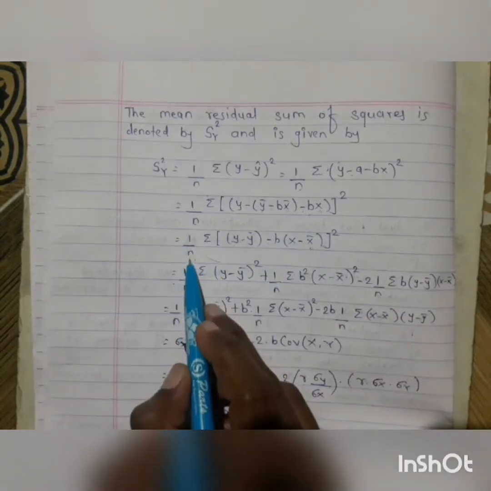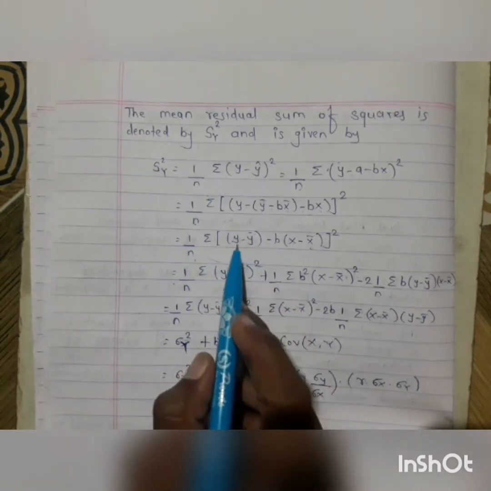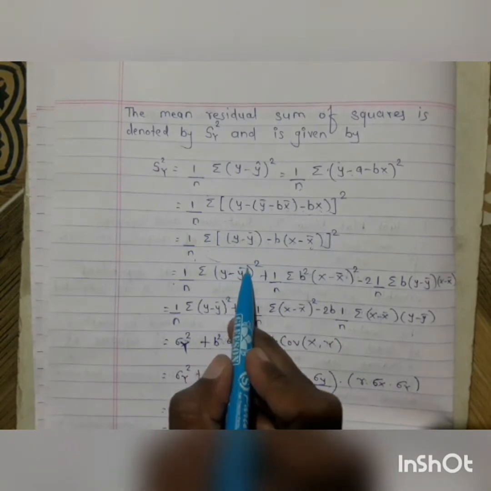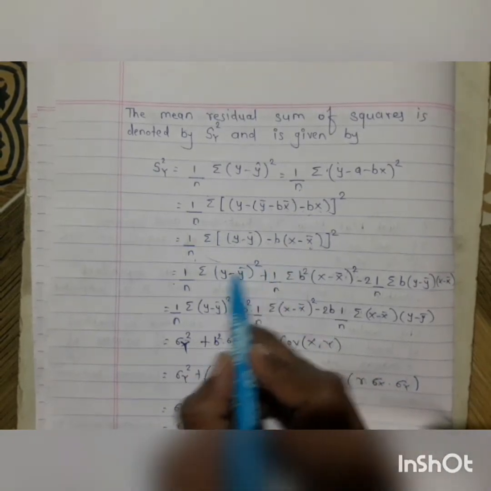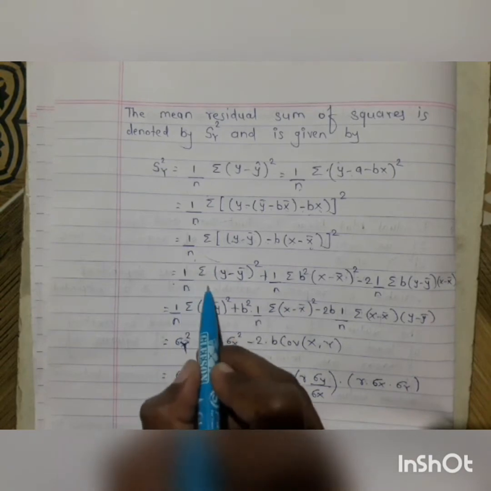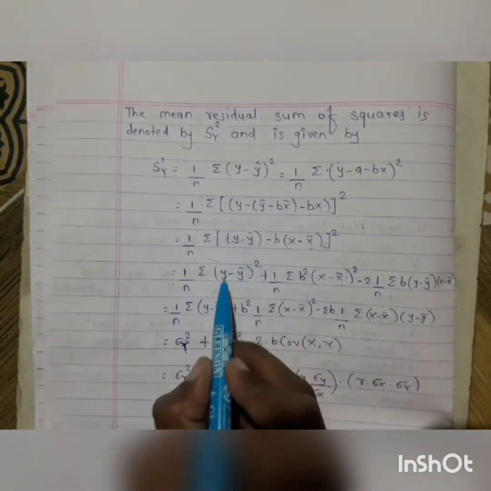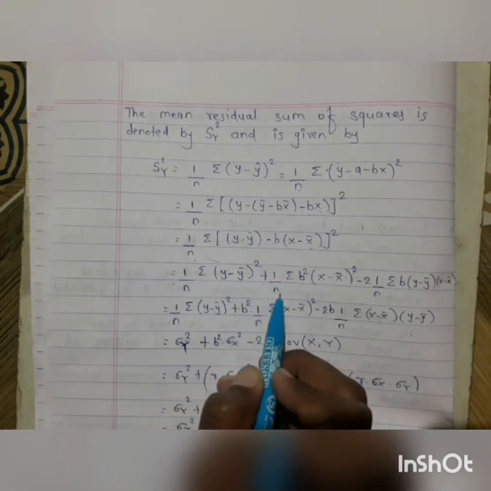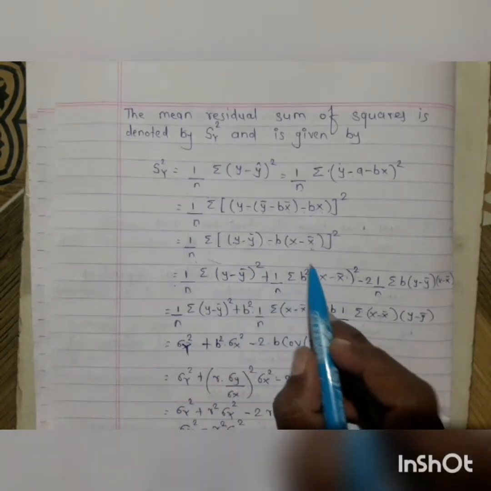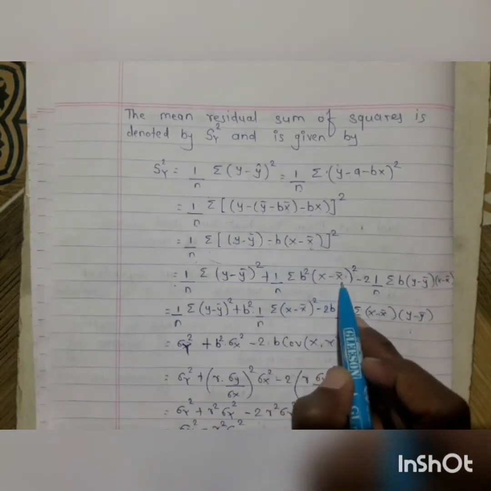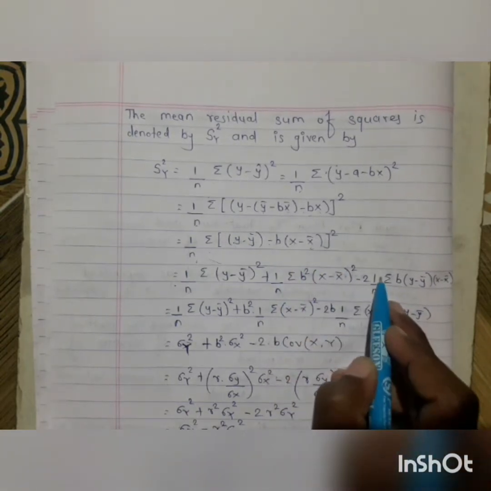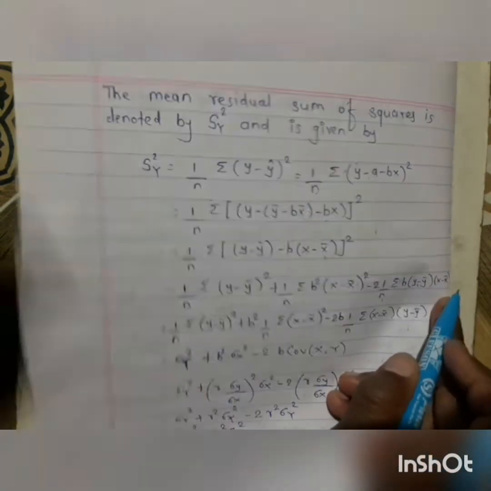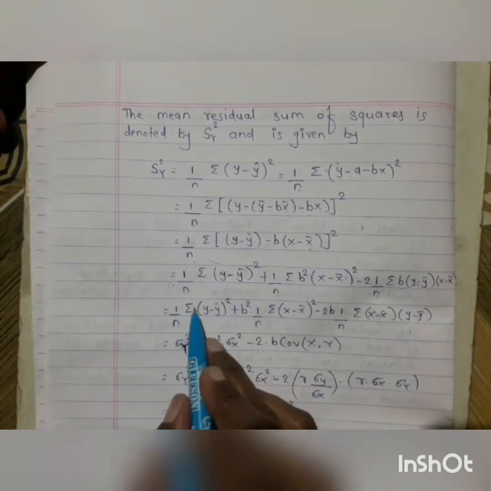again multiply this 1 by n and summation in bracket and simplify this formula, that is (a minus b) whole square, which is equal to a square minus 2ab plus b square. So it is equal to 1 upon n summation, a is y minus y cap, that is y minus y bar, bracket square, plus 1 upon n summation b square in bracket (x minus x bar) bracket square, minus 2 times 1 upon n summation b into (y minus y bar) into (x minus x bar)